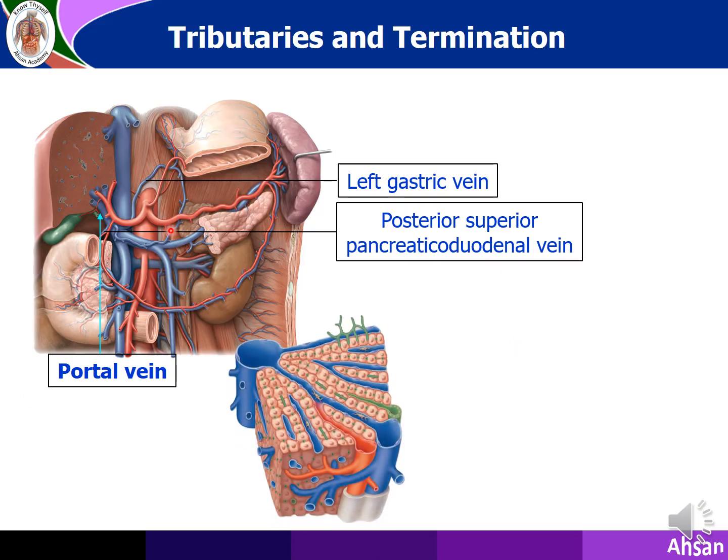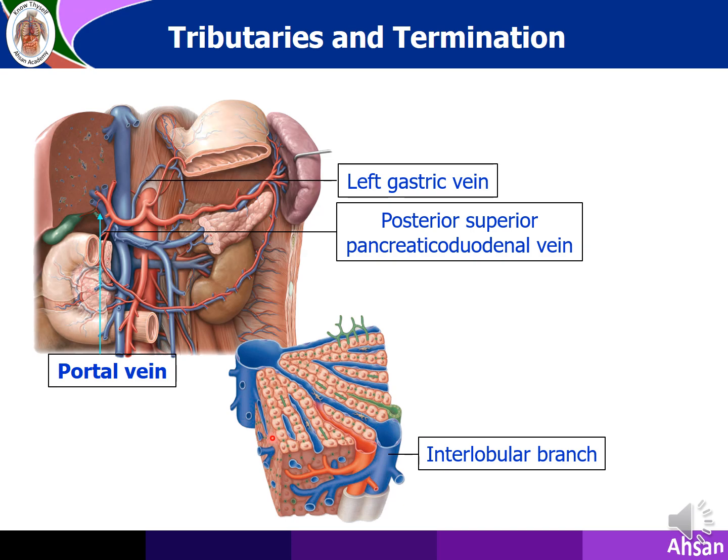Now this portal vein gets inside the liver, repeatedly ramified, and it remains at the corner portal space as a minute branch. This is known as the interlobular branch of the portal vein. This is actually a small arteriole. From here the capillary starts, and the capillary enters into the lobule, runs through the lobule, fuses with the capillary of the hepatic arterial system, and finally the total blood enters into the central vein. So another venous channel starts.